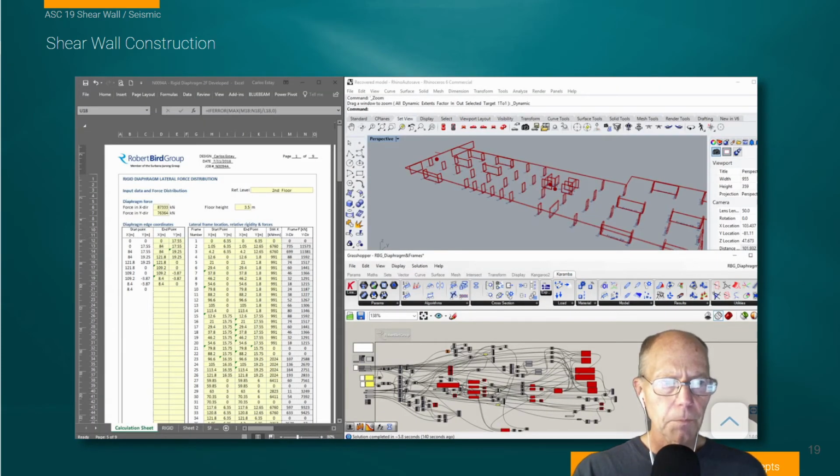So it's just a methodology, and I'll explain a little bit more about these shear walls in another slide. I'll finish off this clip with the idea that a lot of this analysis about shear wall performance is becoming very automated, and useful tools are available to us and the other people that we work with, our consultants, our engineers. In this case, it's Rhino, but we can easily see this being Revit and using Rhino in Revit. The software doing the analysis is Karamba. It's a sophisticated structural analysis tool to generate this understanding of all of these shear walls and what they do to contribute to the overall stiffness of the building